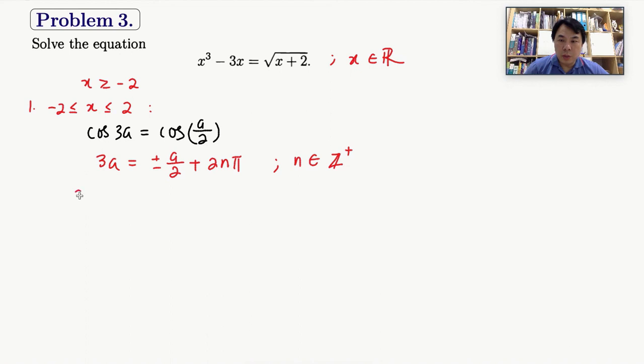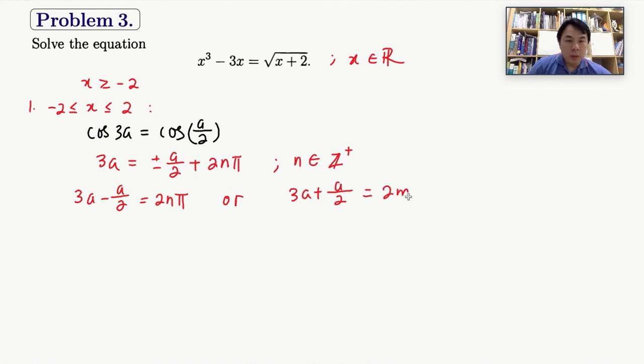So by a bit of rearrangement, we will have 3A minus A over 2 is equal to 2nπ, or we could have 3A plus A over 2 equal to 2